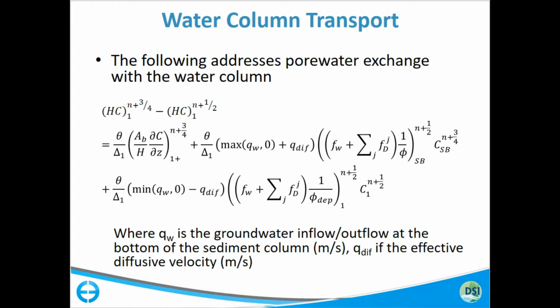Following, we got pore water exchange. The QW and Q, these are effective velocities of your groundwater source term, which is applied at the bottom, but it assumes, because water's incompressible, if you put in 2 centimeters per second at the bottom, you got to get 2 centimeters per second out the top. So the QW is constant throughout your sediment column,